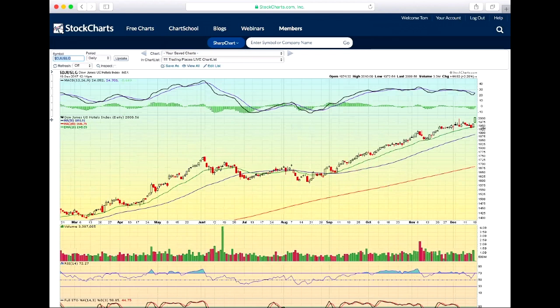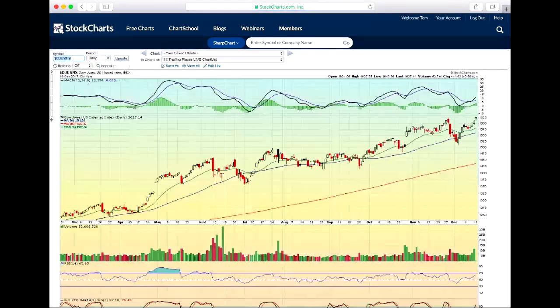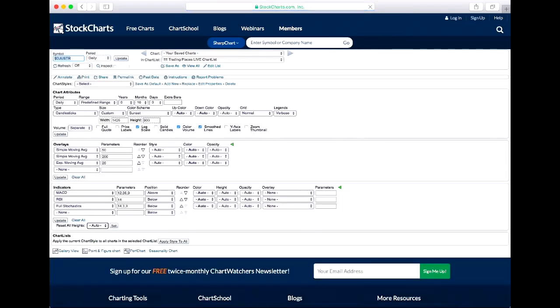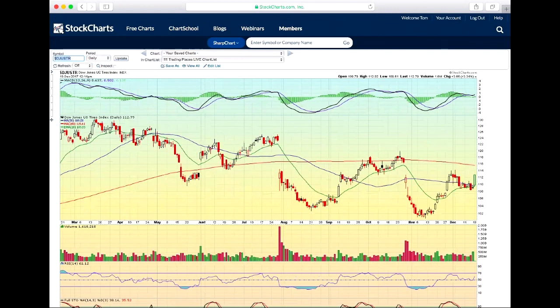which is worth watching. Internet stocks within the technology space, keeping an eye here because it looks like we're getting a breakout as well on internet stocks. So some of the stocks within this group, like Facebook and Google and so forth, you may want to keep your eyes on. And finally, the tire index,